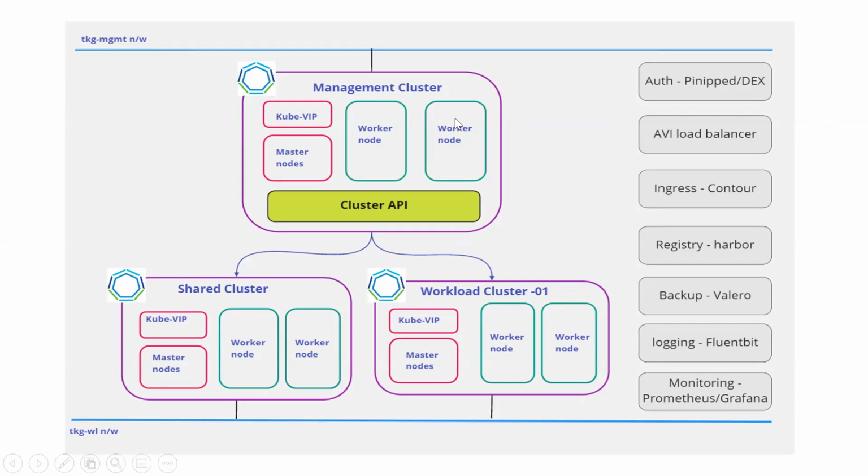If you see this architecture over here, you can clearly see there's something called a management cluster, and there's something defined here called Cluster API. And then there are two different clusters which we have created here, shared and workload. Once the presentation is over, I'll walk you through a small demo setup of how this is deployed. Due to interest of time, I can't do a live deployment, but I'll walk you through a deployment which has been done.